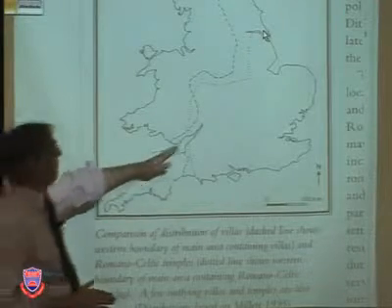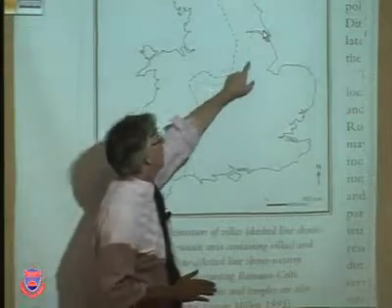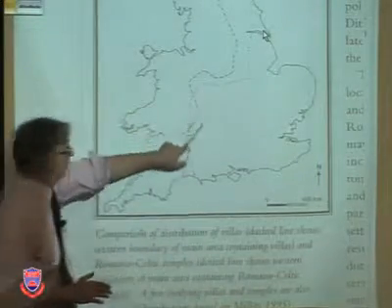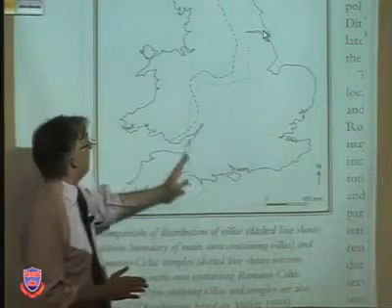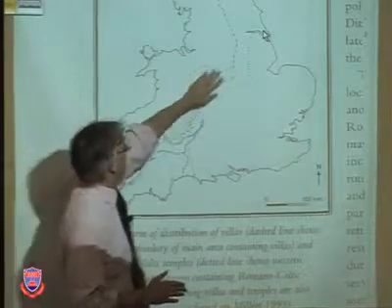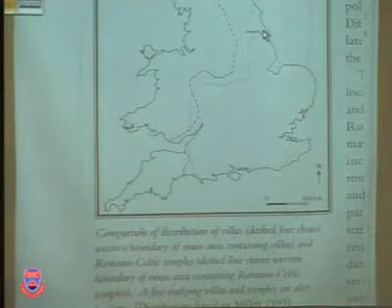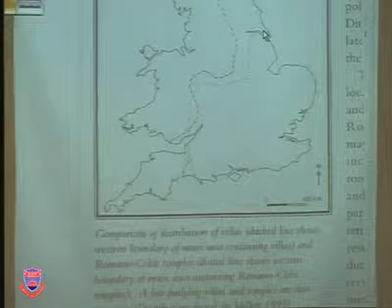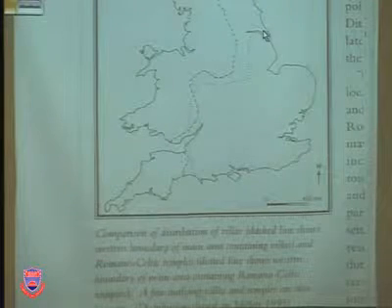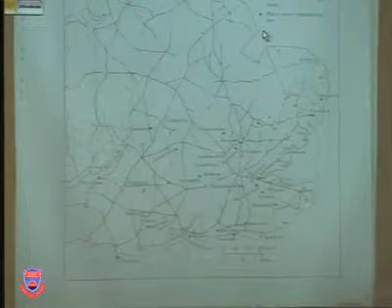Here we see the spread of the villas in a later phase, beyond this region. These dots show the Roman British religious sites, but the villas are spreading again, interestingly, creeping into Wales a bit and into the north, but especially in the east. So again we can see perhaps the way that the distribution of villas reflects the growing Romanization of parts of Britain. And my last of these distribution maps to share with you